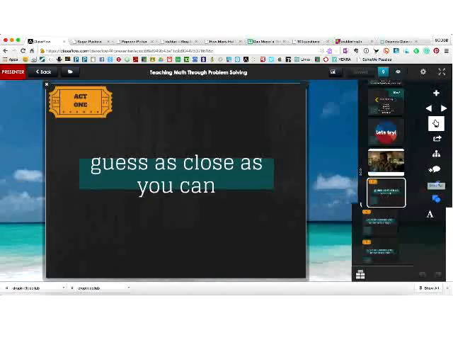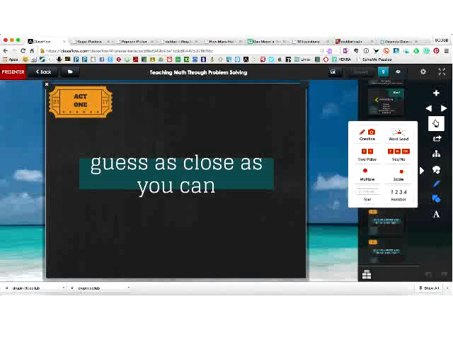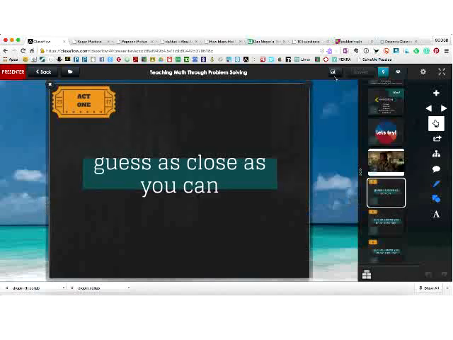When I did this one, the guess as close as you can, I hit the poll button, and then I chose a number poll for that one. I can do a creative poll that lets you draw on the screen, a word seed we're going to actually do in a bit, where you brainstorm a bunch of words and then we can group them together. You can do a quick on the fly true or false, or yes, no, don't know. You can do multiple choice, a scale, or a text answer.